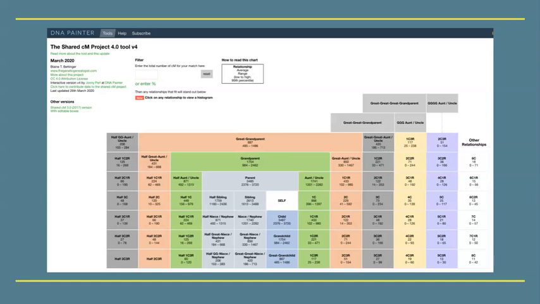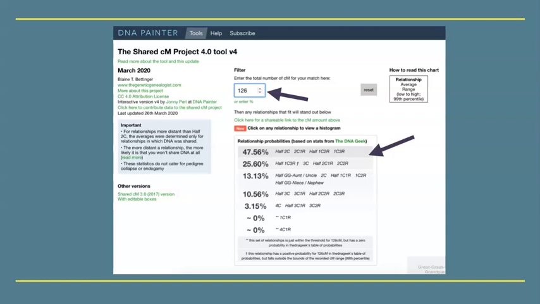On a side note, if you're not sure of the relationship between you and a DNA match, you can use the interactive shared Centimorgan project tool at the DNA Painter website. What you would do is type in the amount of shared centimorgans between you and a DNA match, and it will show you the percentages of probable relationships. So in this case, 126 centimorgans say that it is a